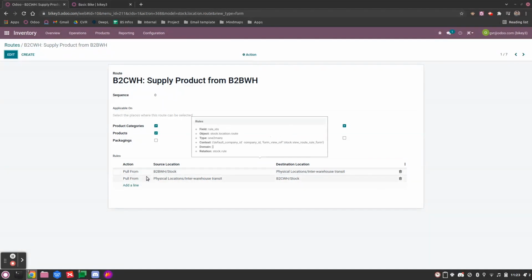And then we are going to have a receipt from this physical location, inter-warehouse transit, to the B2C warehouse stock. This inter-warehouse transit is useful to track the product routing. So, as the route is correctly configured, we are now going to go directly on the